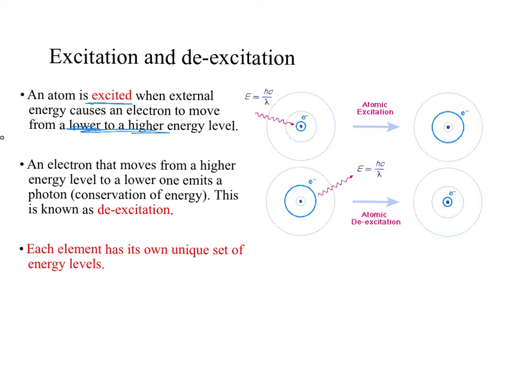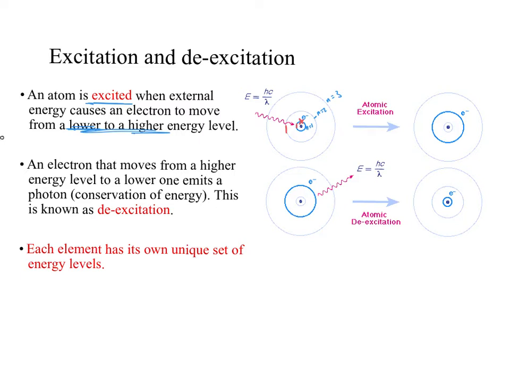So let's say this is n is equal to 1, this is n is equal to 2, and this is n is equal to 3. Now, if I want this electron here, that's sitting on n is equal to 1, to move to a higher energy level, I need to provide it with the exact amount of energy that's the difference between this energy level and this energy level. So if I want it to go from n is equal to 1 to n is equal to 2, then I need to provide it with an external energy, which I can provide either by heating or by electromagnetic radiation,